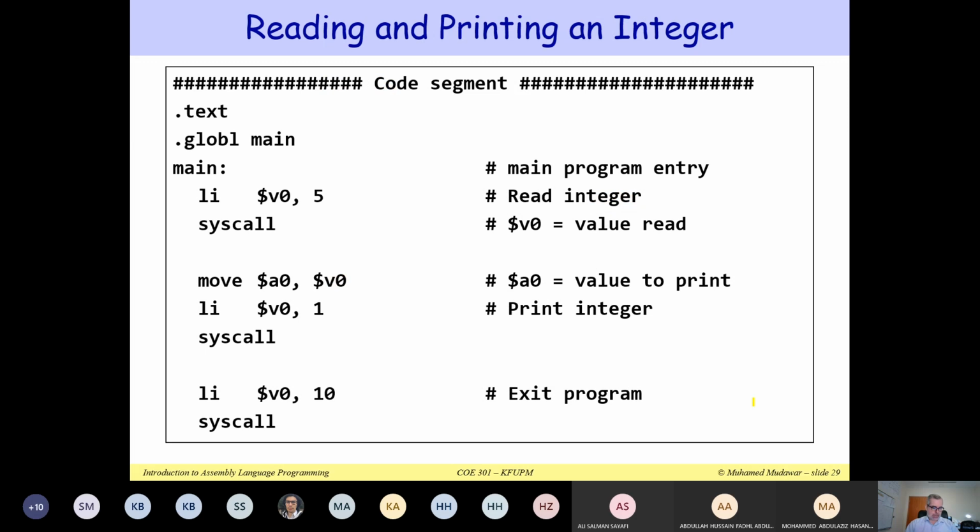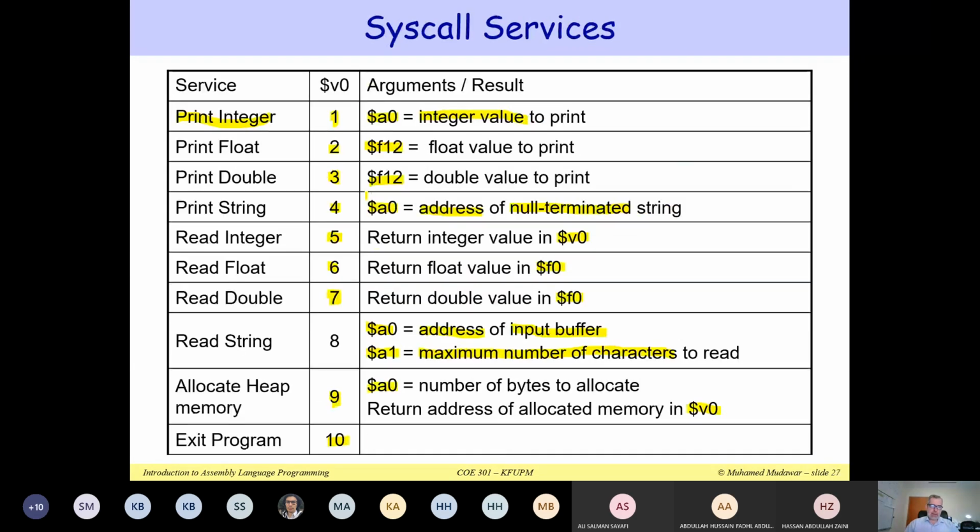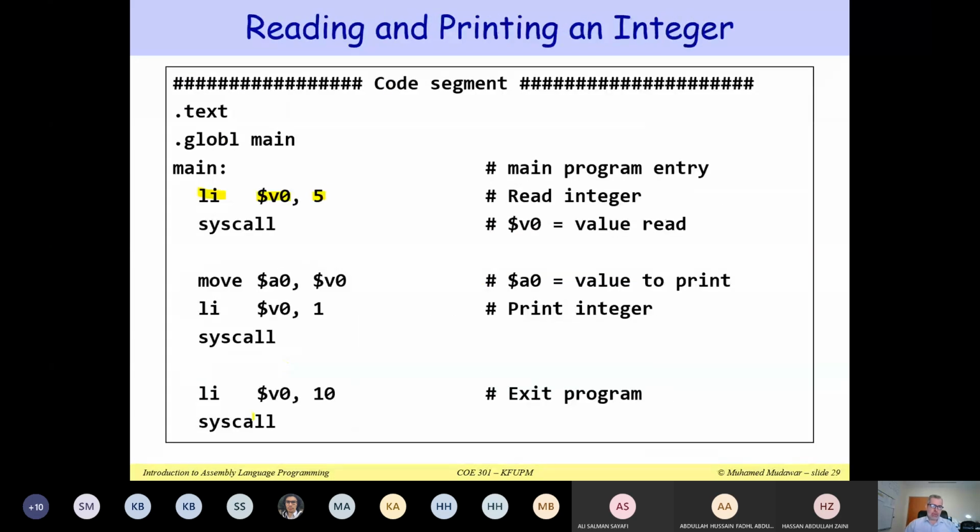Here's an example about reading and printing an integer. Notice that I'm going to use system call 5. I'm using LI, which means load immediate, which initializes V0 with this constant. If we go back to the previous table, 5 means read integer. So I would like to read an integer, and I'm going to initialize V0 with the constant 5, and execute the system